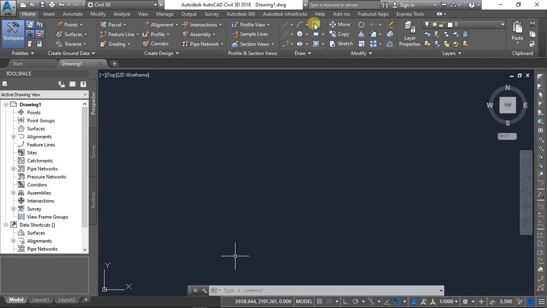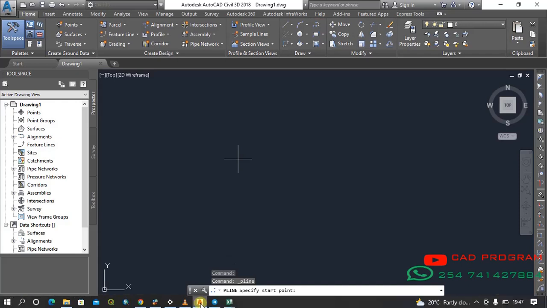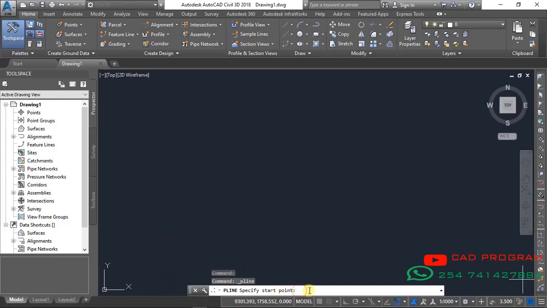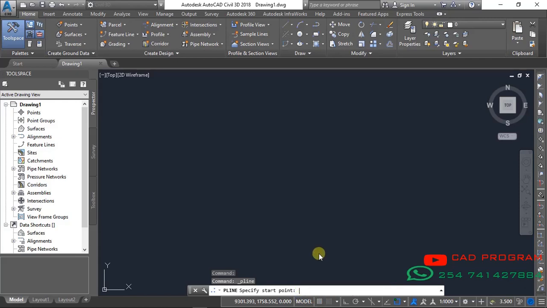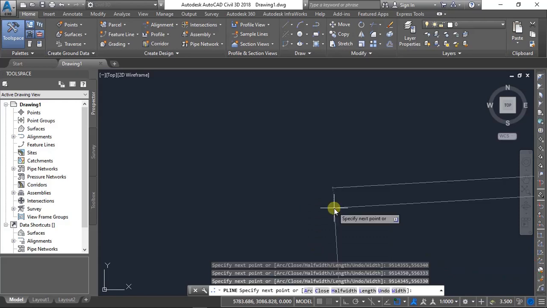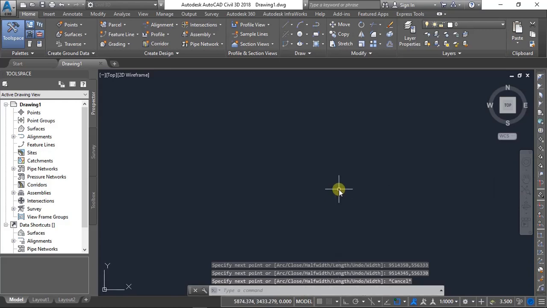Then now you click on the polyline. Well, then yeah, you click the cursor here, right click, then you paste your data. You paste here the Excel data, paste it here, then just click on the escape button. After having pasted the data,